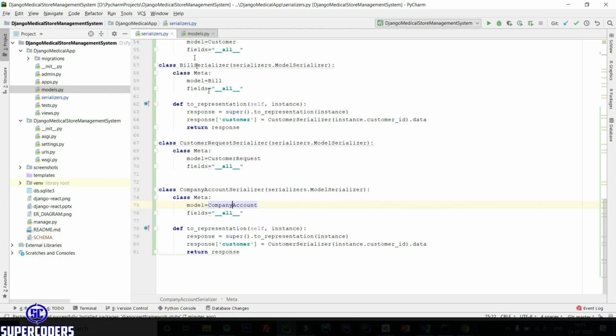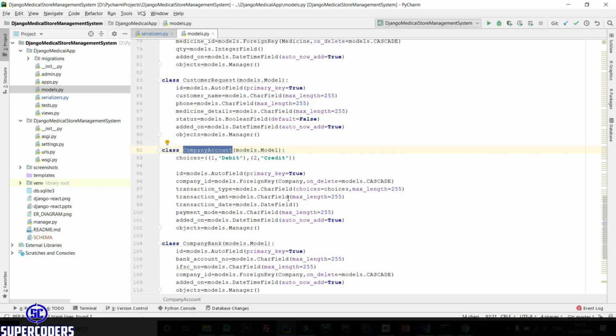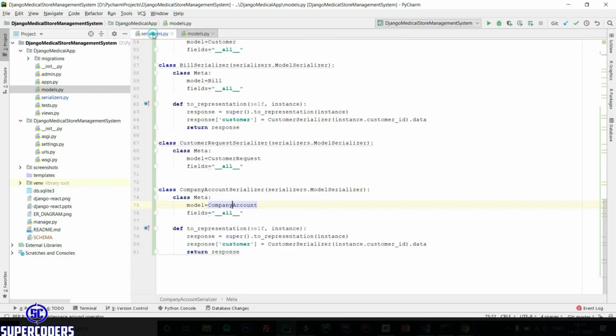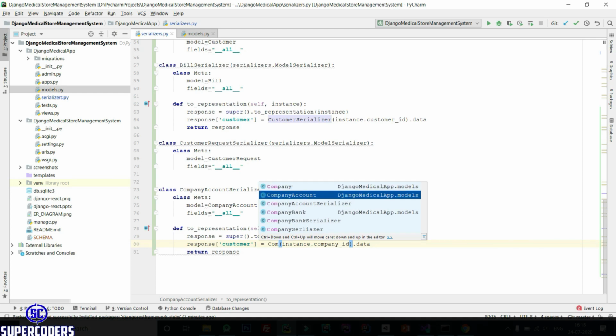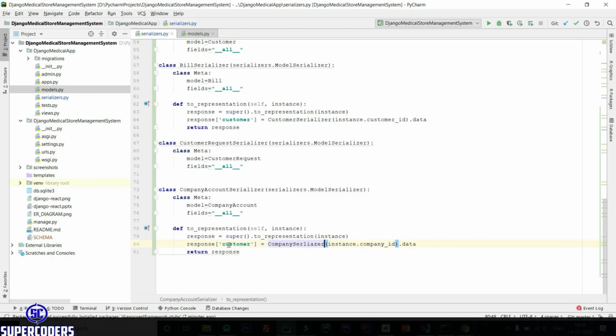Now in to_representation you need to override the foreign key, which is company ID. So company ID, and here passing the company serializer, and here company. So it's also done.